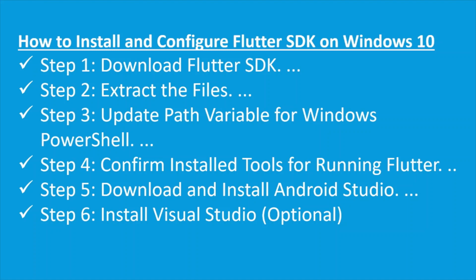We will discuss today how to install and configure the Flutter SDK on Windows 10. So first step, you have to download the SDK. In second step, you will extract that SDK. In third step, we will set up the path variable for Windows in environment variables. You can say those environment variables. And fourth step, we will confirm the install tools for running Flutter. And fifth step, download and install the studio. And sixth step, install the